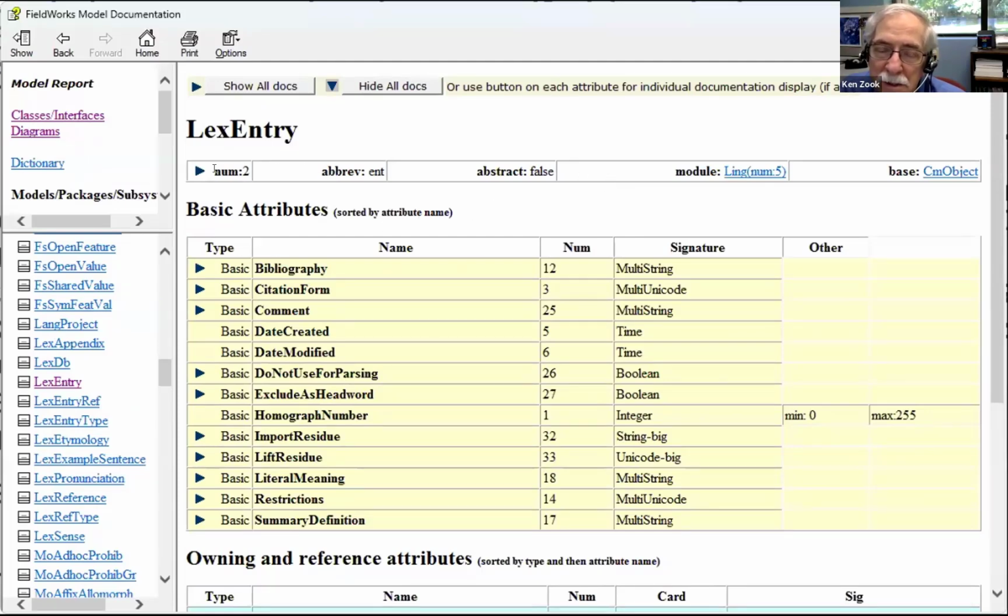Then the class itself, we have the class name, and then there's a number, an abbreviation. The abbreviations are no longer used. And abstract is false or true. Most of them are false. And then there's a module number, and then there's a base class. Now the actual class number at this point is based on the module number followed by a 3-digit number here. So the class ID for FLExEntry is actually